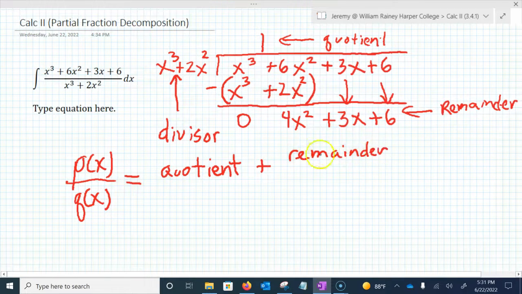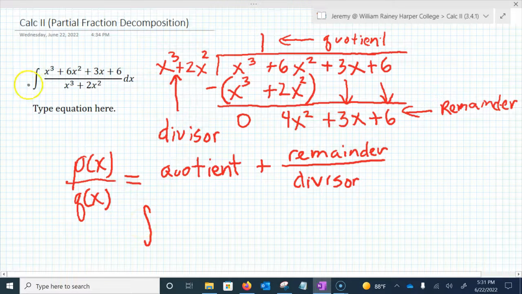This is even true when we do grade school long division, like 365 divided by 25. You're going to have a quotient and a remainder, and you're going to have a divisor. So rewriting that integrand, that's equal to 1